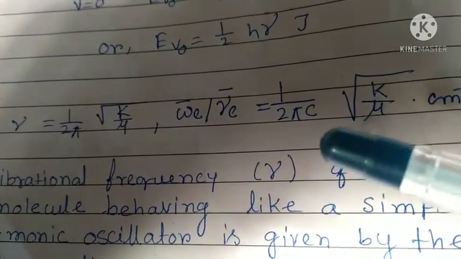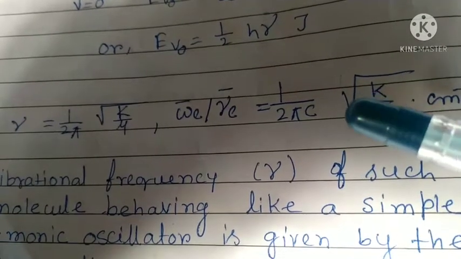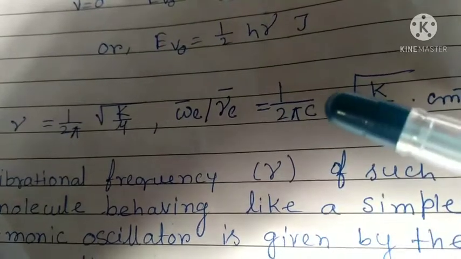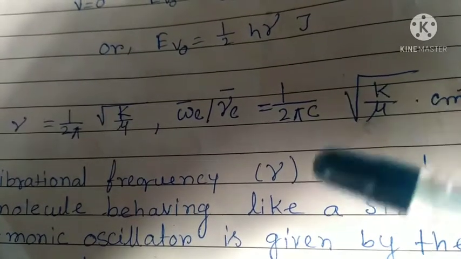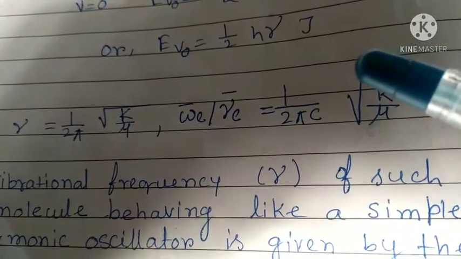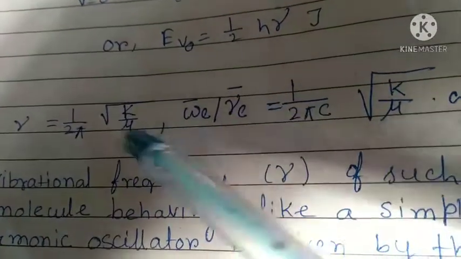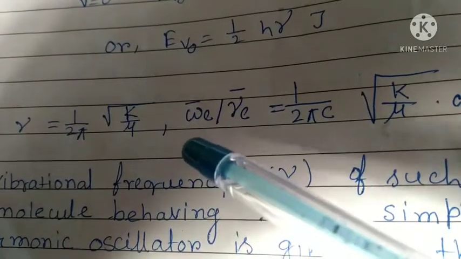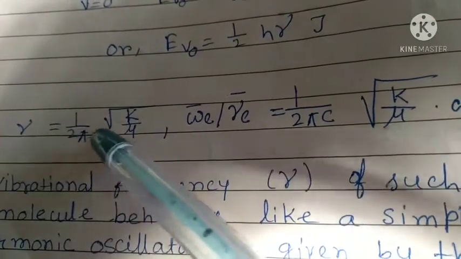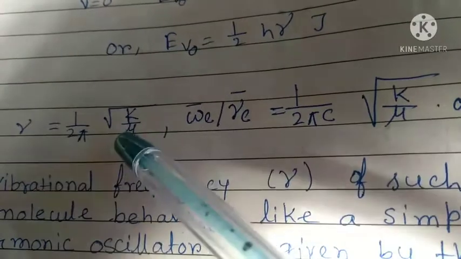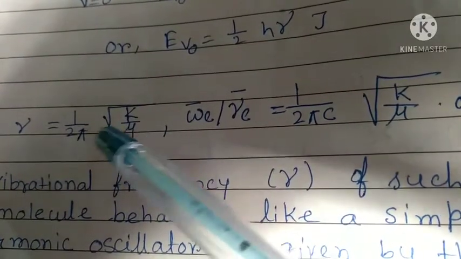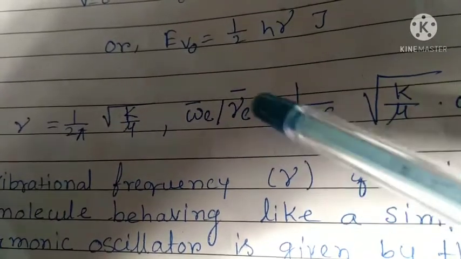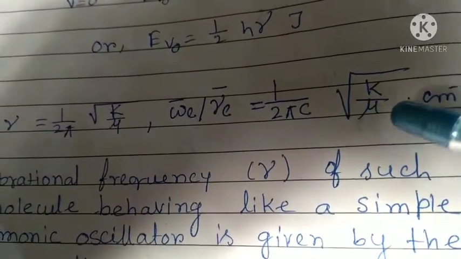So whenever a transition takes place, the most intense transition will take place from the 0 level to the first excited level, and this is the expression of the frequency of the fundamental transition. It is 1 by 2 pi root k by mu, and omega e bar or nu e bar is 1 by 2 pi c root k by mu